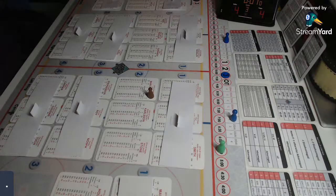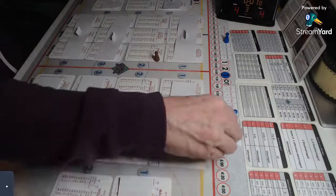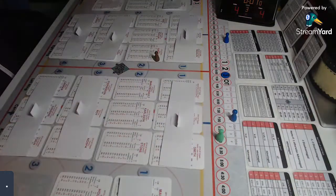Marchessault's shot is not going to trouble Bishop. 53 is a 5, and he saves it and sends it out to Gurianov. 6 minutes gone in this overtime period. 36